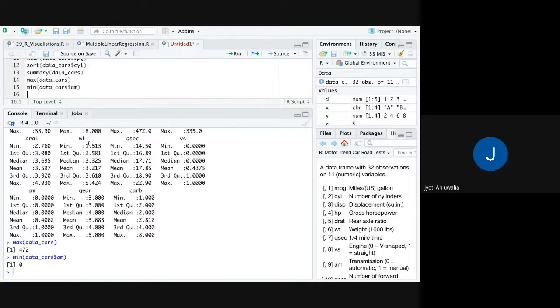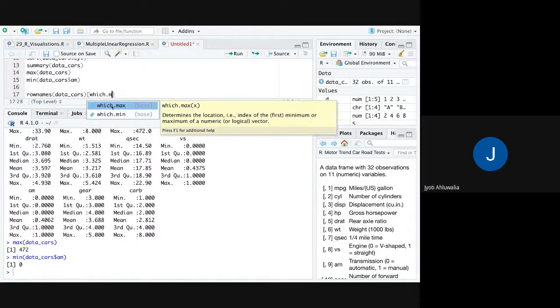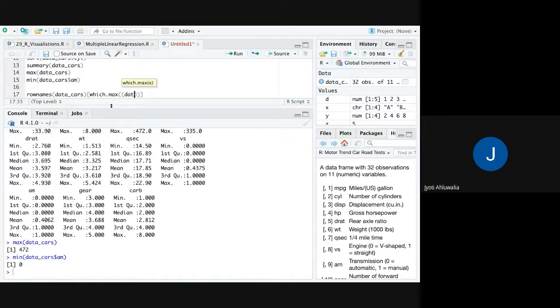And I can also find out rownames of data_cars, in which square bracket, which.max of data_cars dollar HP.